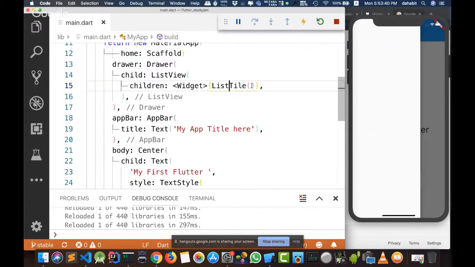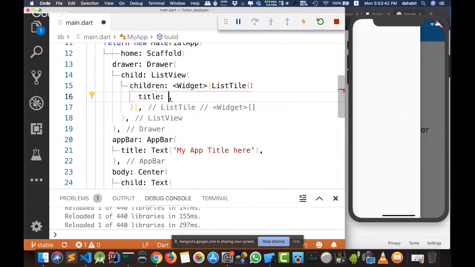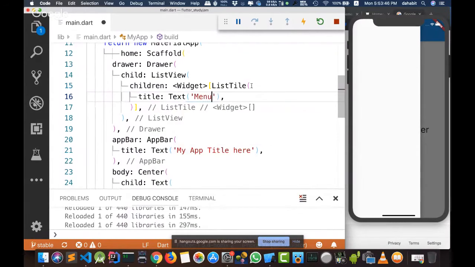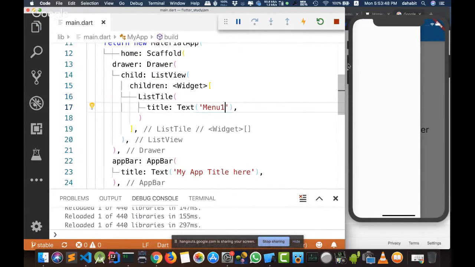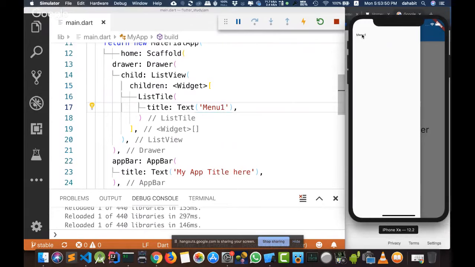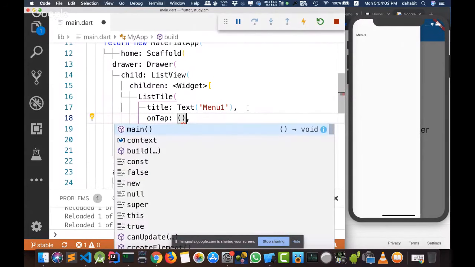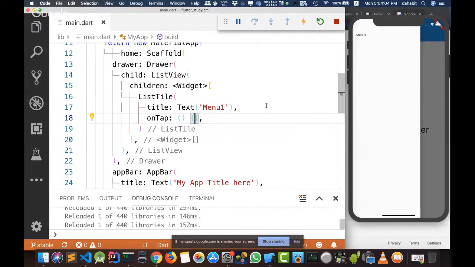So I'll go back to my list tile, and inside the property title, I write my text again, menu 1. And let's see what the difference is. Maybe you can't see a big difference here between this one and the previous one, but let me add another property called onTap that will enable the user gesture detector, which detects when the user clicks.